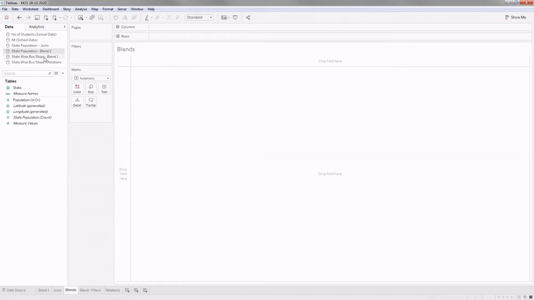Okay, let me start with my primary data source with this one, and I'll do the same as earlier. I'll pull the state from this particular field. I'll get the 3 states, and I'll pull population, fair and square. Now I'll pull